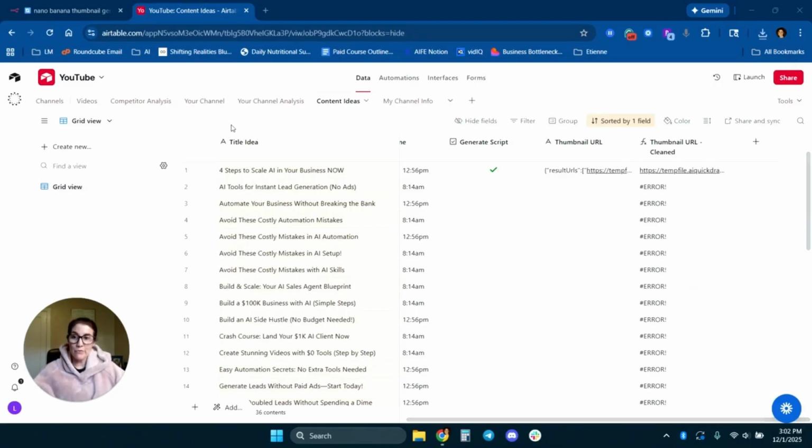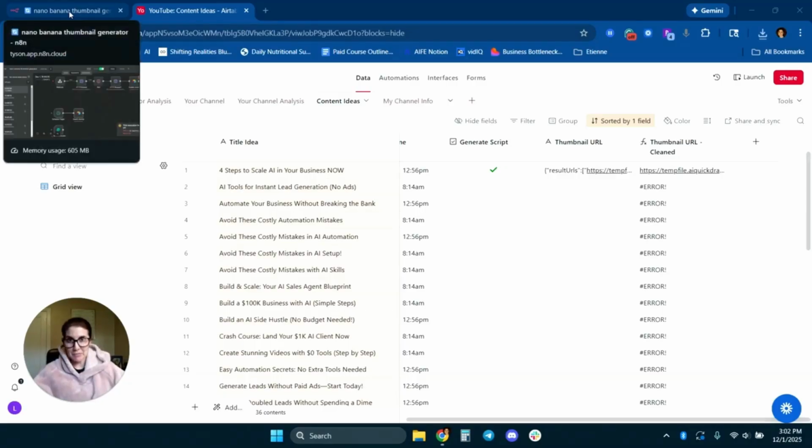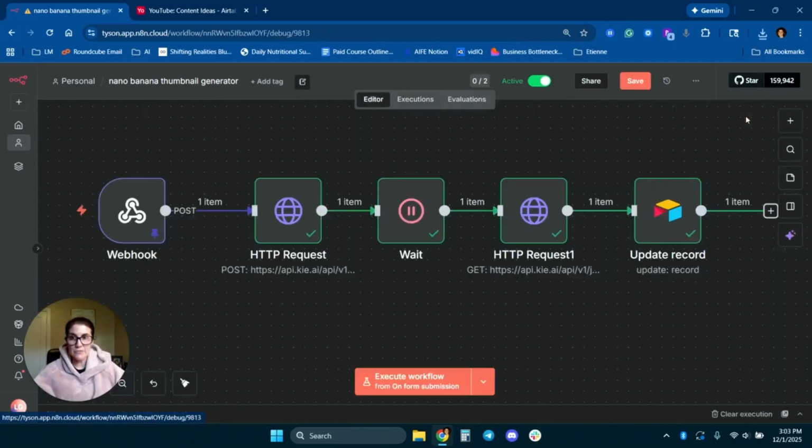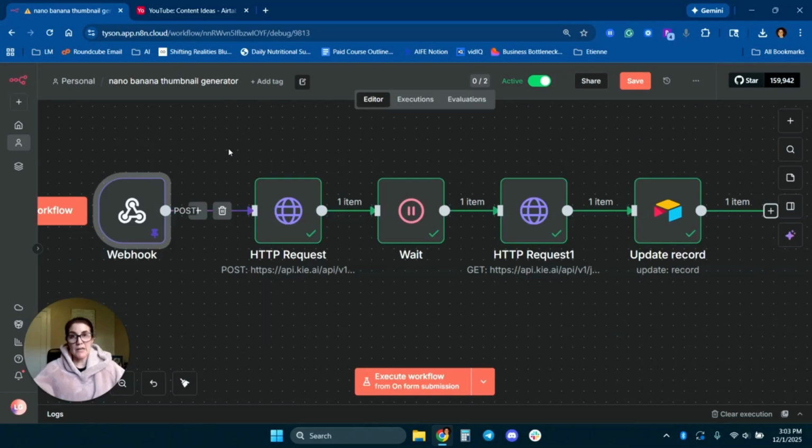Okay, so let's go back over to N8N and see what is actually happening behind the scenes. We can see that the full workflow ran. I'm going to copy this to the editor. And one thing I do want to mention is, like I said, I have a script set up in Airtable